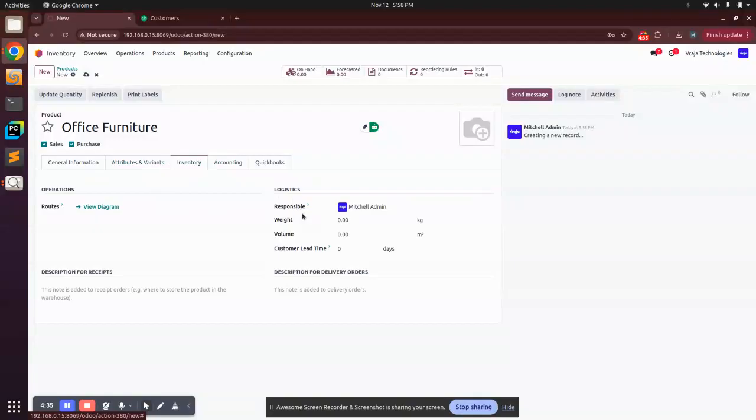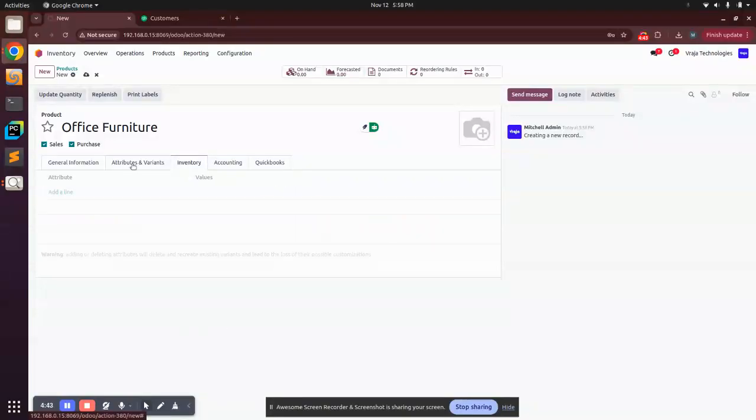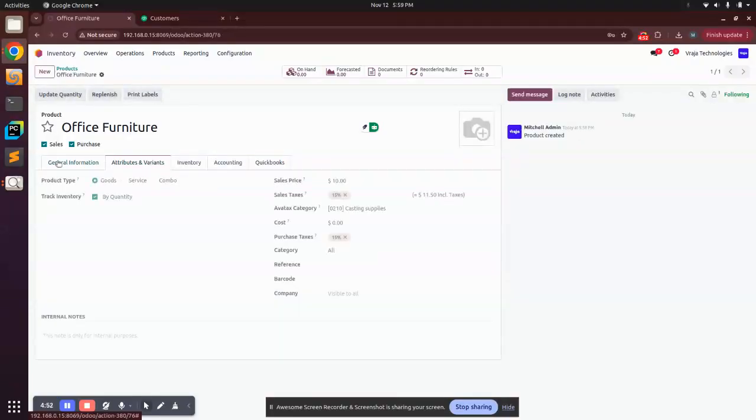We'll go to the inventory section and add the volume and weight if needed. I don't think it's needed right now. Here I have all the details. Once it is exported, the details will be fetched over here as well. Now we will save it. On saving the same, as you can see, there are the sales price as well as the costing. So let's add the cost price as well